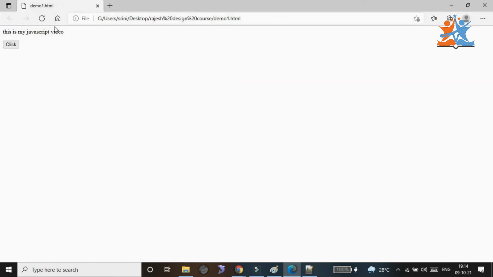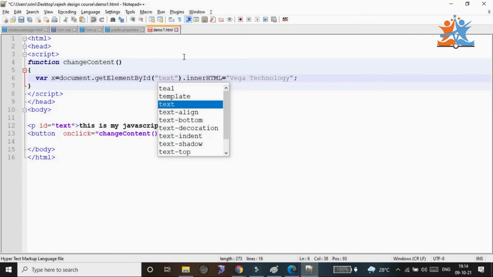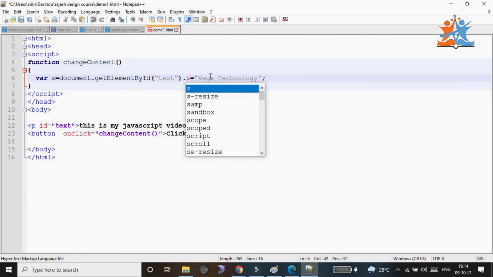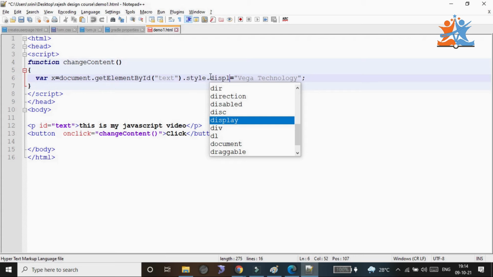But I want to mention something as none. None is also one of the variable types. None is also one of the identity types of the element. So that is the reason we can go another way without inner HTML. Without inner HTML, what we need to do? Style dot display. In this case also I can go with the same feature. Refresh. Yes, you can get it.